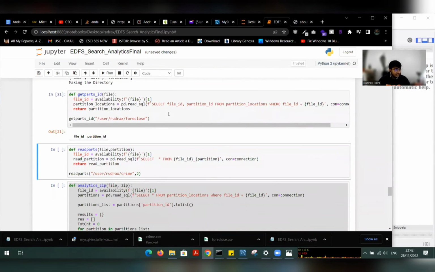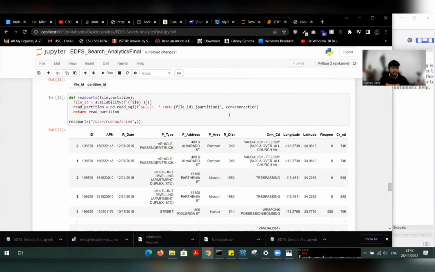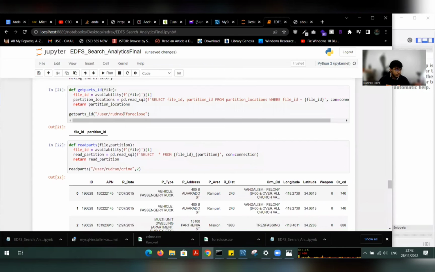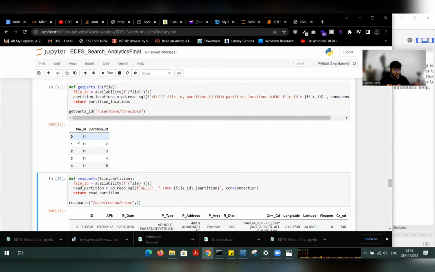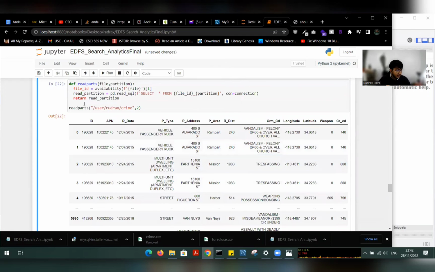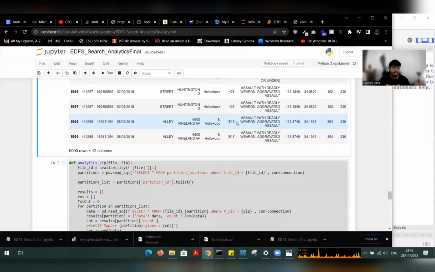We're doing the get parts file. So it just shows us the get parts here. Let's see again. We are reading the parts here. So it's reading the first part, the partition here. And okay, this one is not showing because we stored it in a different path. And yeah, so here it is. The partitions are here. For 11 is the partition created, and 1, 2, 3, 4, 5 are the partitions. And now we have the read parts thing. So it just reads individual parts. We have to use this for the next part, that is the search analytics part.